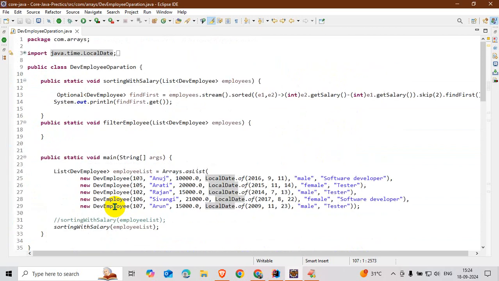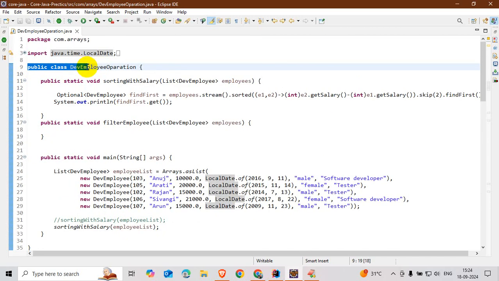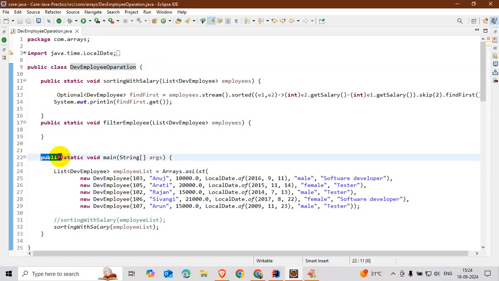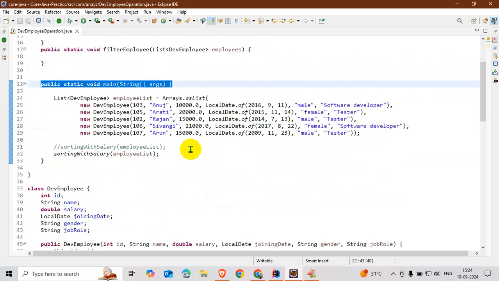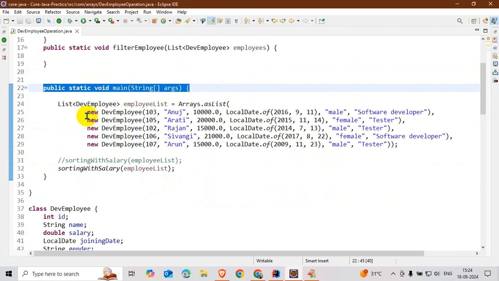And I have one more class, a public class, EmployeeOperation. In this class I have the main method.